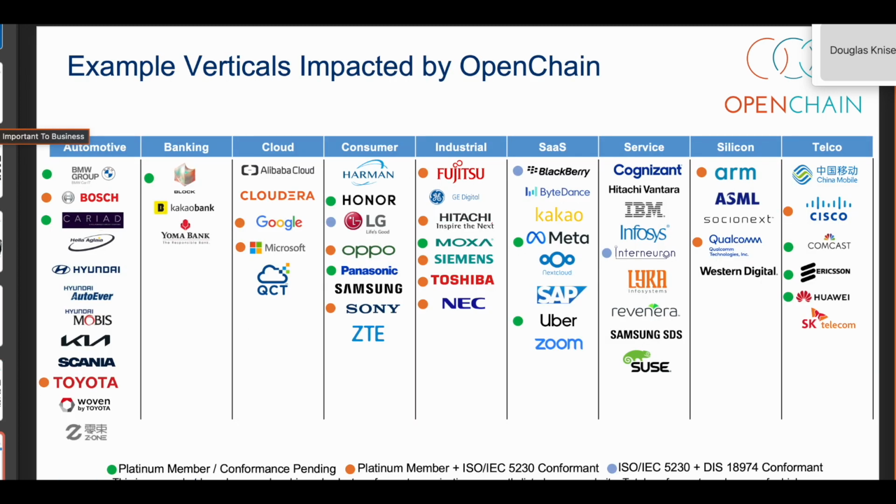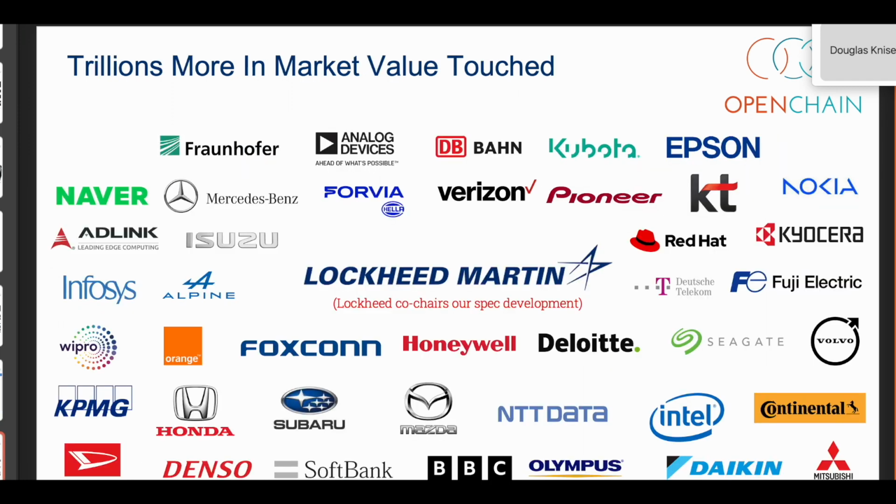The type of verticals that are impacted by what we're doing on process management and setting the tone for SBOM are diverse. This slide just shows some of the companies that are A, on our board, or B, came to us and said, hey, please add our logo to your website. This is just a sampling, but I thought it was interesting to show you the type of cross-vertical impact that we get when we ask people, how do we do this in a systemic, repeatable way? And of course, there are so many more companies in our community noodling on this.